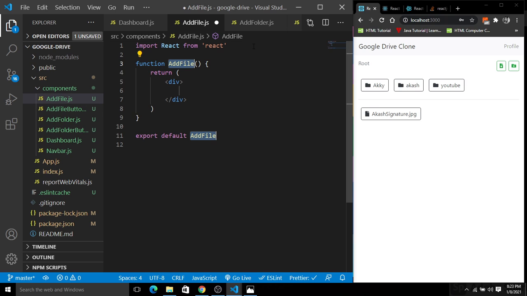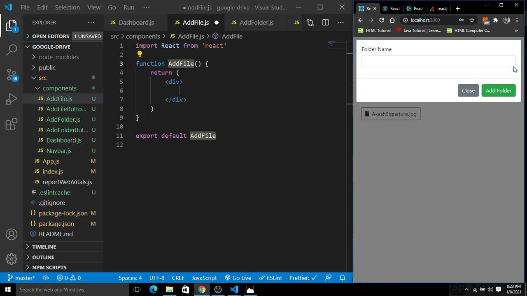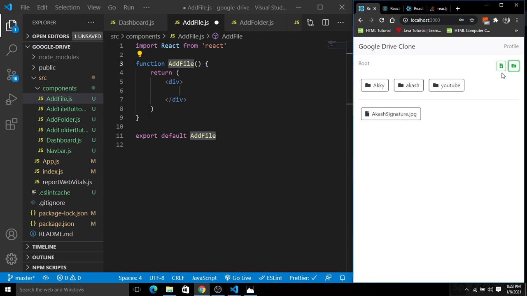So how can you guys do this? For these things to be rendered, you simply have to add them to Firebase, or upload some file to the cloud, and then you can render them. So I'm going to add the functionality of the add folder button first, then I will get back